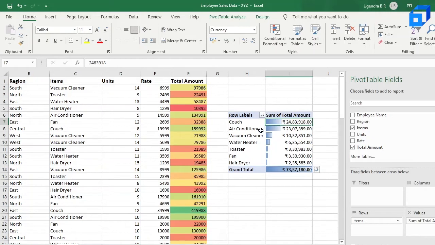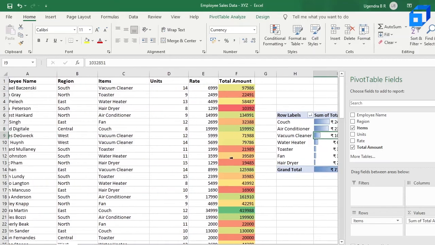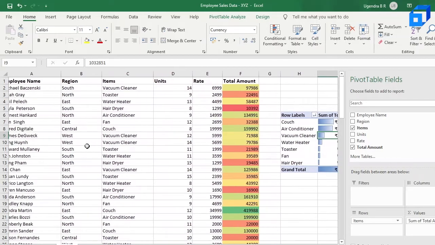24,83,918. And for the AC, it's 23,07,359. You can see that these bars are quite close to each other or quite equal, because there's only around 1,75,000 difference. So that is how you use conditional formatting for a pivot table. It works the same way it works on the dataset.